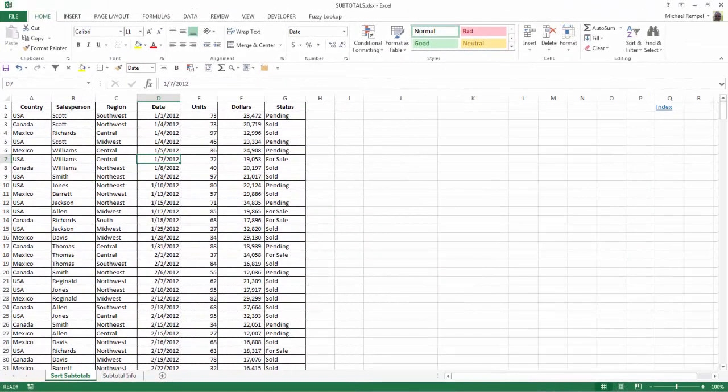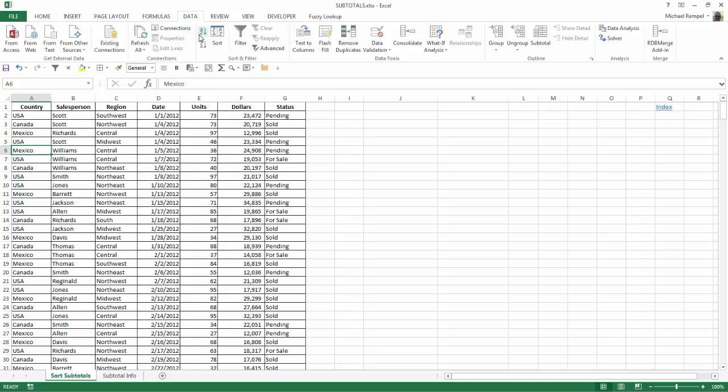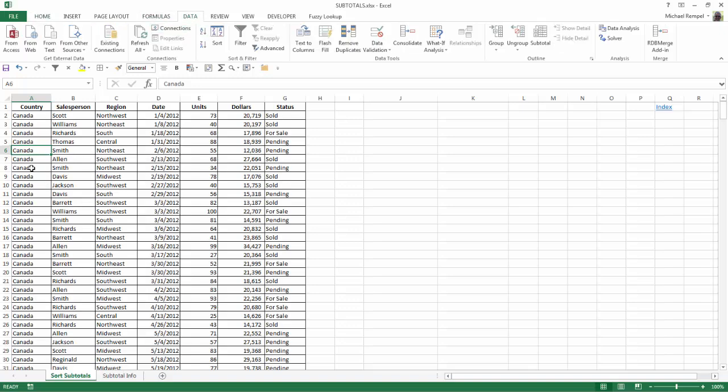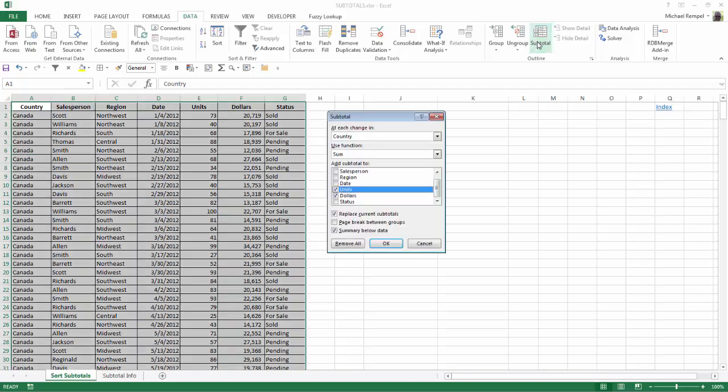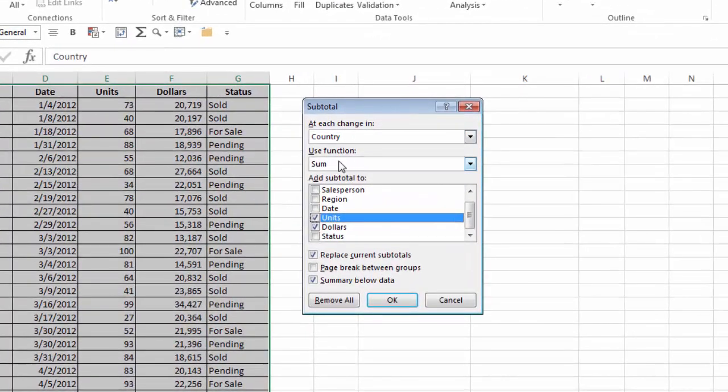So here we have a data set that has country, salesperson, region, etc. Let's say I want to subtotal the units and dollars by country. The first thing I want to do is click into country and sort by that column. I'll go up to the Data tab and click A to Z, and now I've sorted the data set by country. While I'm in here, I can just go over to the subtotal option,